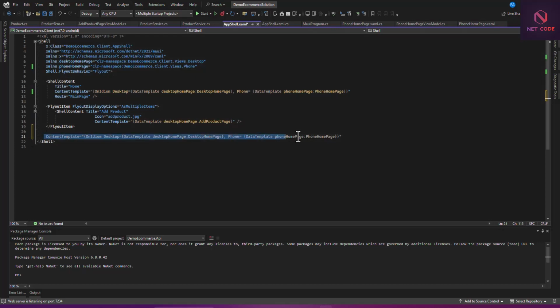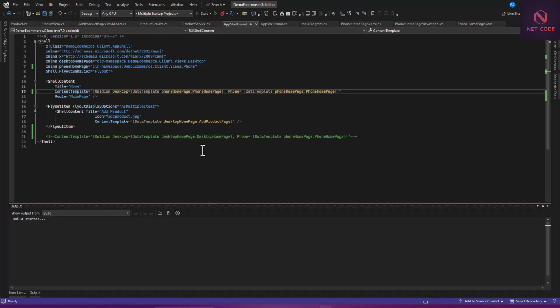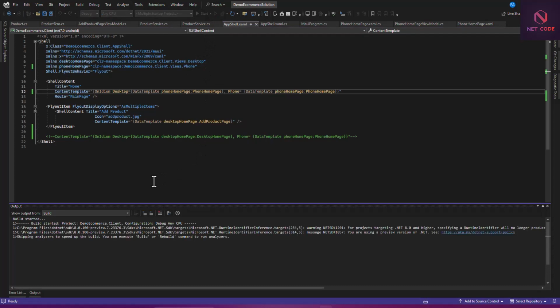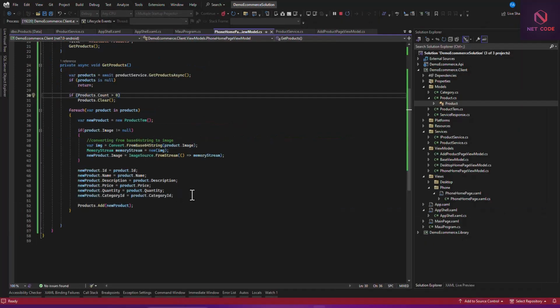And now let's comment this. Okay, so I want to call this, paste it here, grab this, and now paste it here. Now let's run this. Alright, so before we do that, let's do one thing. Let's first check if the product.image is not equal to null, because from here we are converting. And you don't want to convert an empty string, so we want to check first if it's not equal to